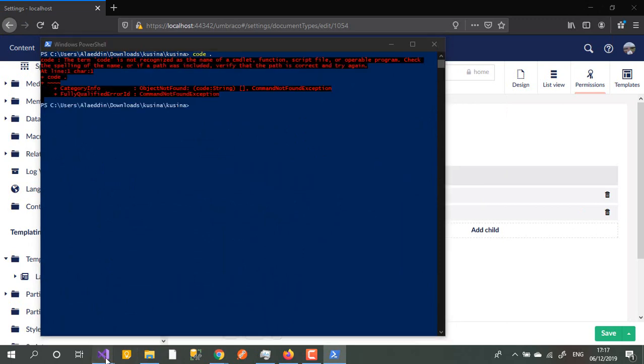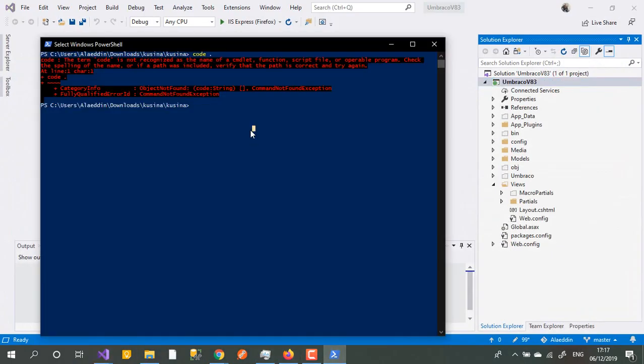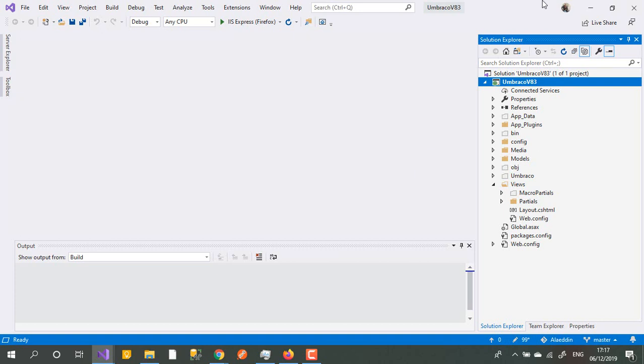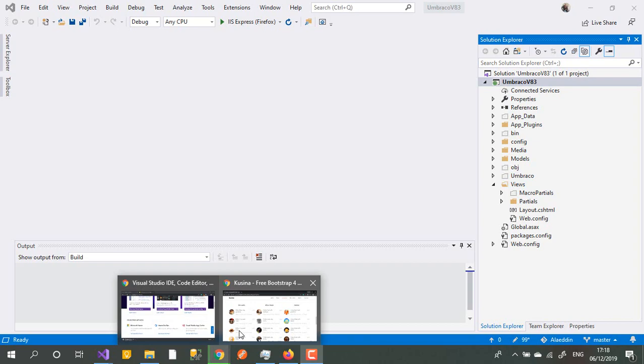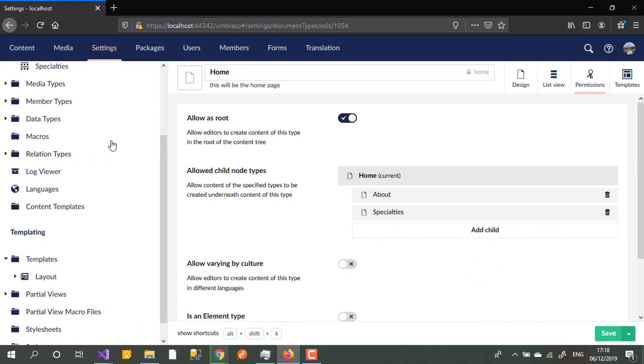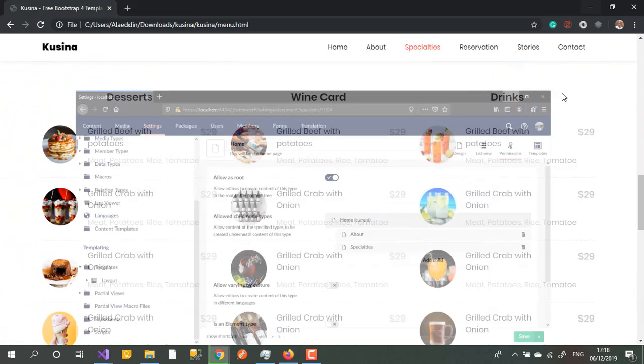Okay, till this one opening Visual Code, I will choose this one here. Why not opening Visual Code? I remove it. So until I finish my Visual Studio downloading, I want to just show you something here. So as you see, we have already added the pages here. So where do all these pages go here? If you go to Visual Studio,